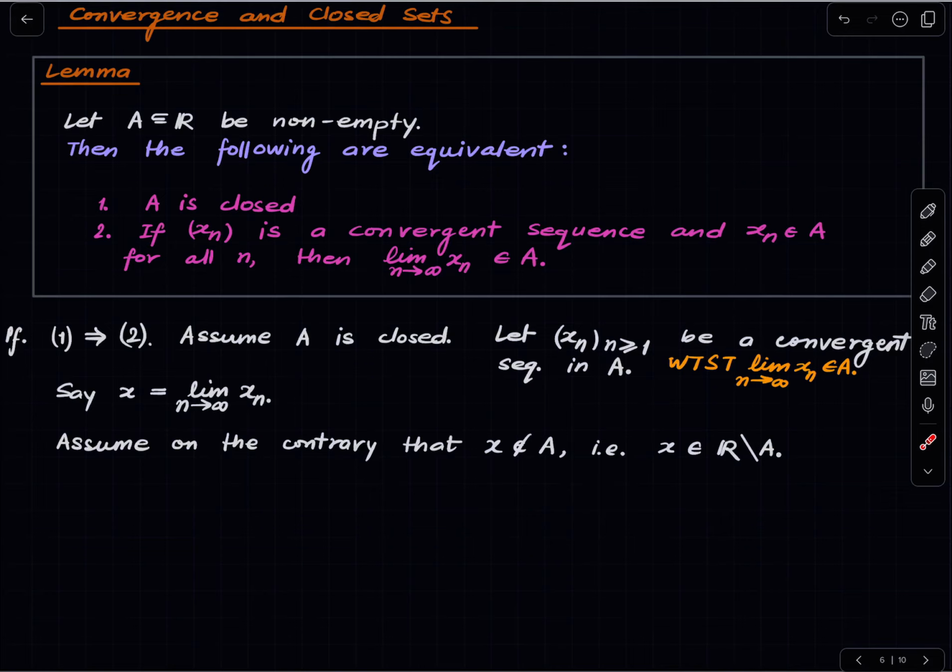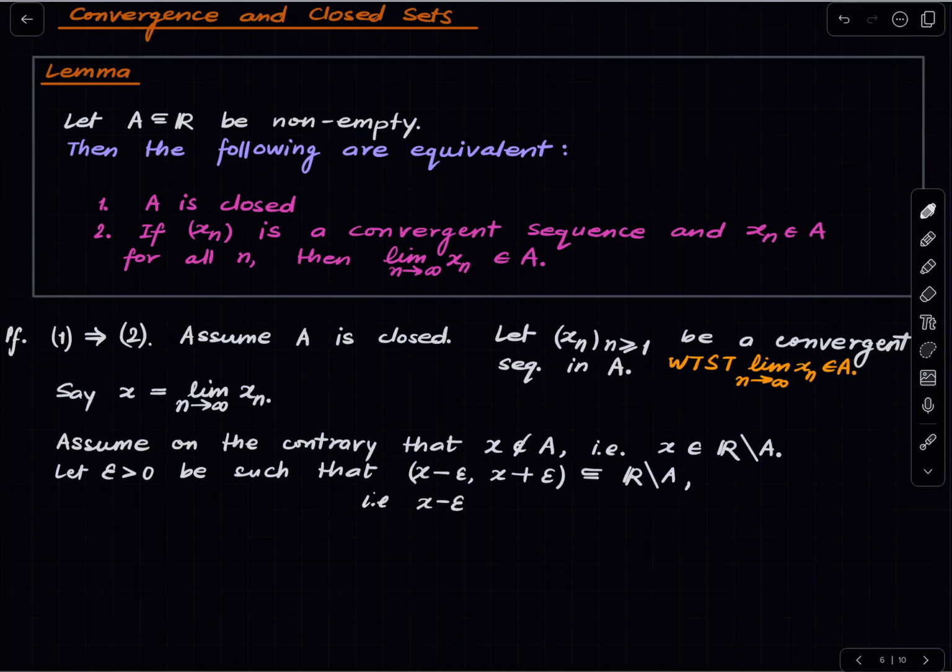So that's the scheme of the proof, and that's exactly the proof. So let's just write it down. Since x is in A complement, and since A complement is open, we can find epsilon greater than 0 such that